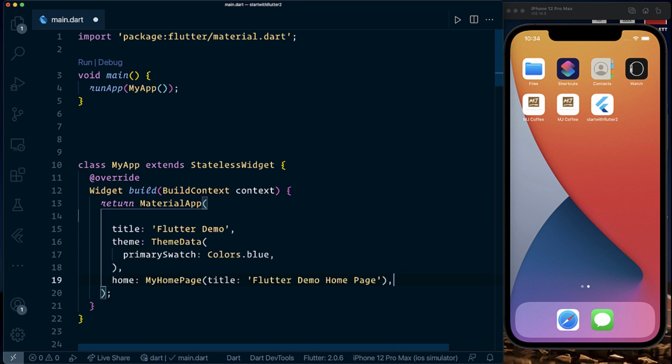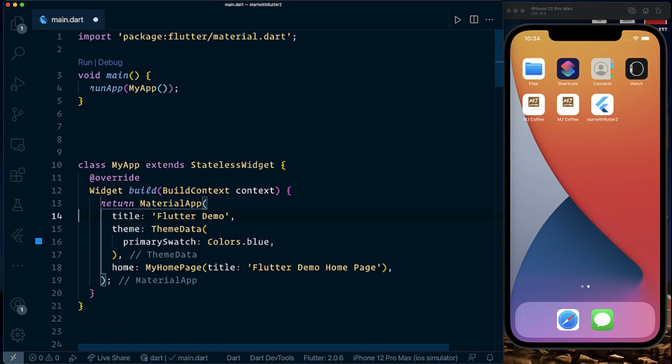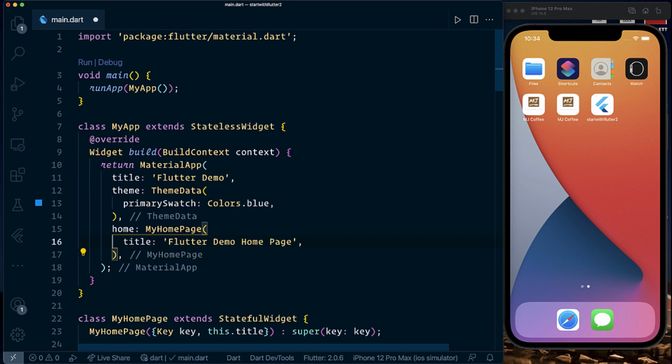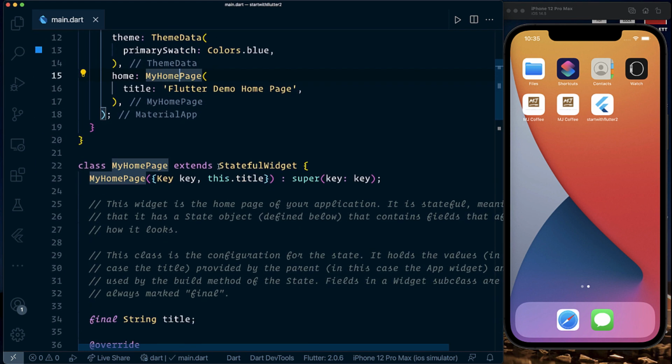That's the reason you see here 3 parameters: a title, a theme, and a home, which is accepting another widget. And that home widget is accepting a title. So let me just format this for you. As you look at this right now, that's accepting a title. And if I now look at my home widget, it's going to accept this title. But I'm going to just show you what this